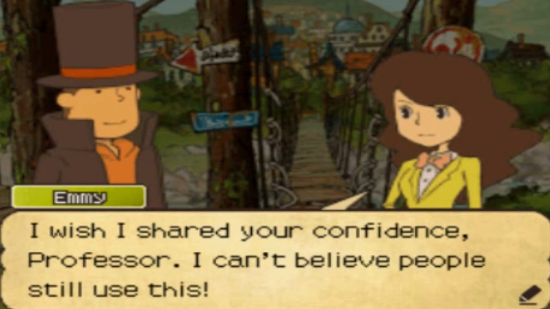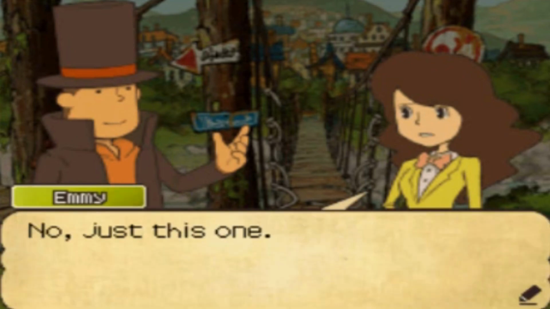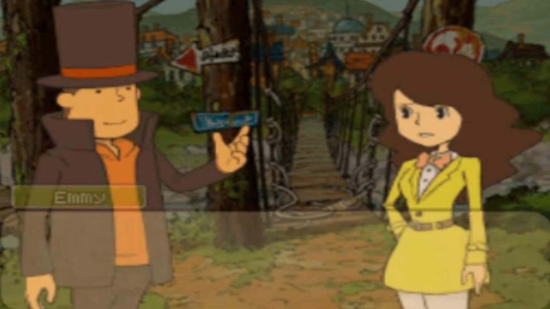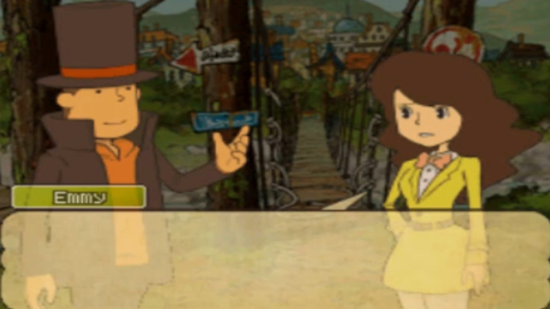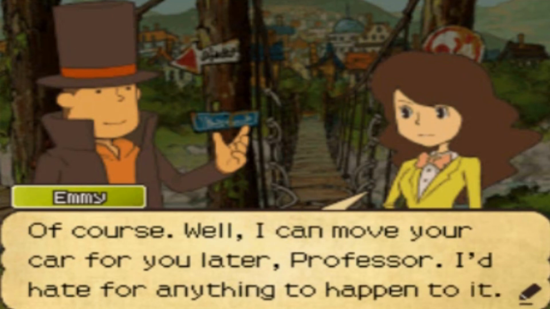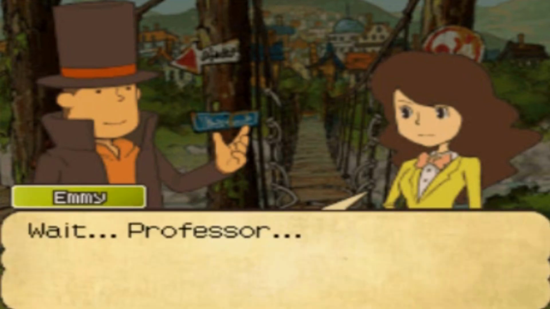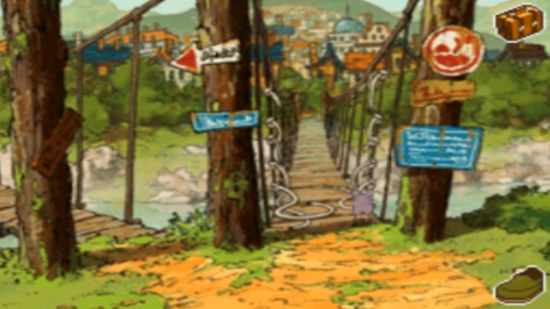I can't believe people still use this. Do you have a fear of bridges? No, just this one. But you can't even drive over this bridge. How do the townspeople get around? They walk. There must be another route into town for vehicles. Of course. Well, I can move your car for you later, Professor. I'd hate for anything to happen to it. No need, Emmy. I'm sure we'll be fine. Let's go ahead and make our way across. Wait, Professor. I think I saw something move. What? Oh,